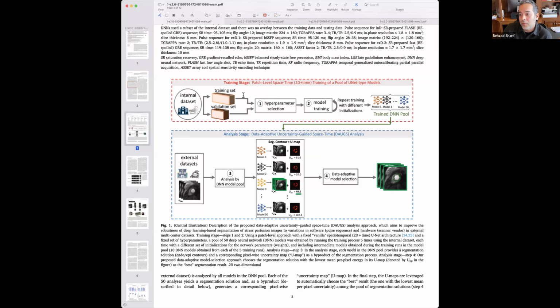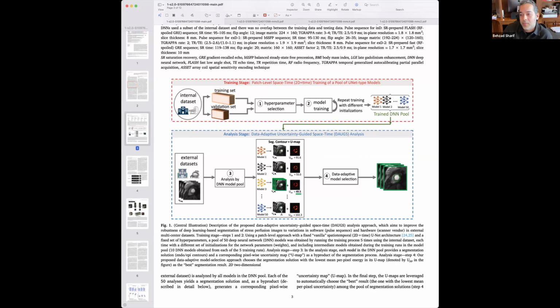We let every one of these models segment or analyze the image series. The analysis technique, as I'll describe next, uses a patch-based approach, which inherently and automatically derives an uncertainty metric as part of that segmentation process. You can boil it down: it actually derives a spatial map of the uncertainty in the segmentation, and we can boil it down to a scalar number, say a per pixel average uncertainty, which is this U sub pp quantity, if we can zoom in.